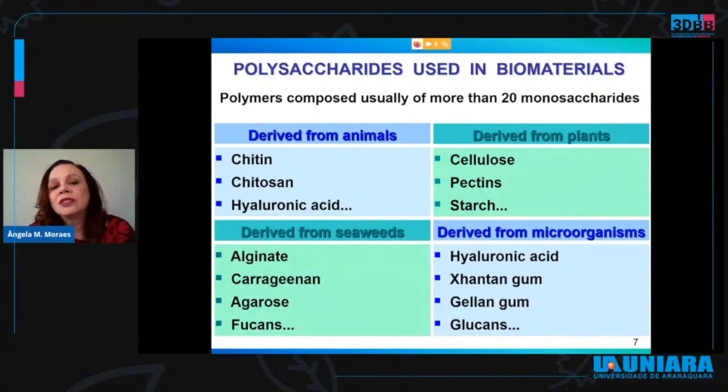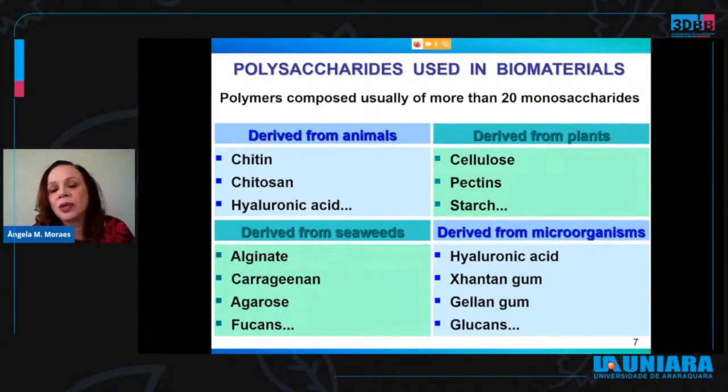Polysaccharides are normally composed of more than 20 monosaccharides, and they can be derived from animals, such as chitin, chitosan, or hyaluronic acid. They can also be derived from plants, such as cellulose, pectins, and starch, and from seaweeds, for instance, alginate, carrageenan, agarose, fucans, or even from microorganisms cultured in bioreactors, such as hyaluronic acid, that we just mentioned, that can also be obtained directly from animals, xanthan gum,